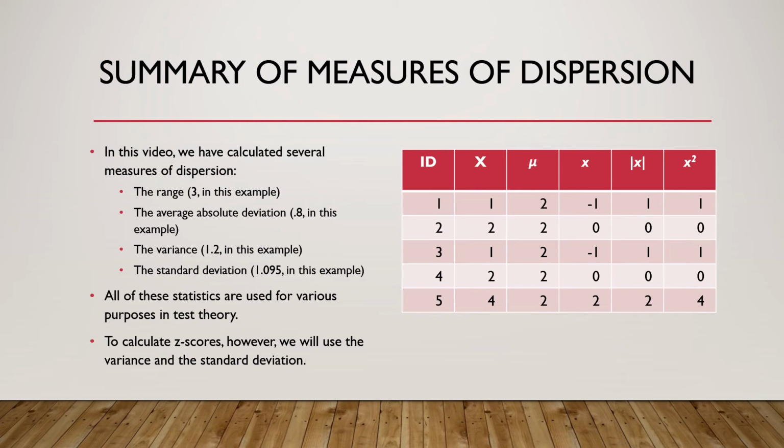So we've now looked at several measures of dispersion. We've looked at the range of these deviation scores, which was 3. We've looked at the average absolute deviation, which was 0.8. We've looked at the variance, which was 1.2. And we've looked at the standard deviation, which is 1.095. All of these statistics are useful for various purposes in test theory. To calculate the z-scores, however, we will use the variance and the standard deviation,